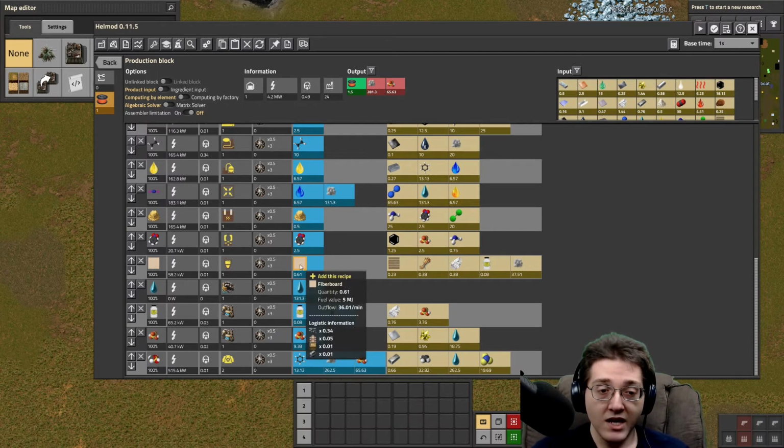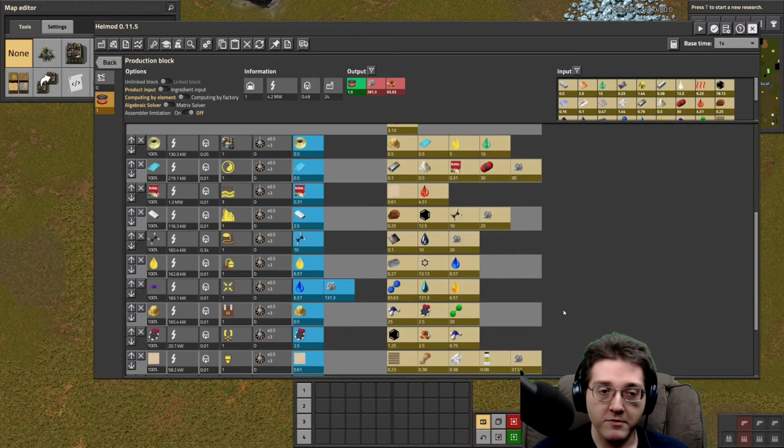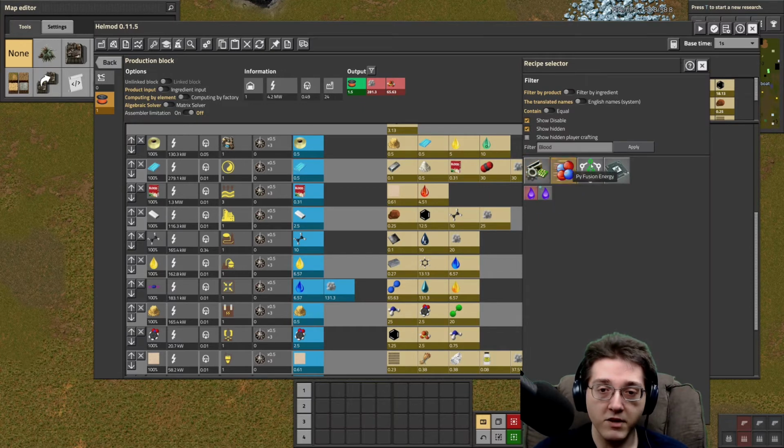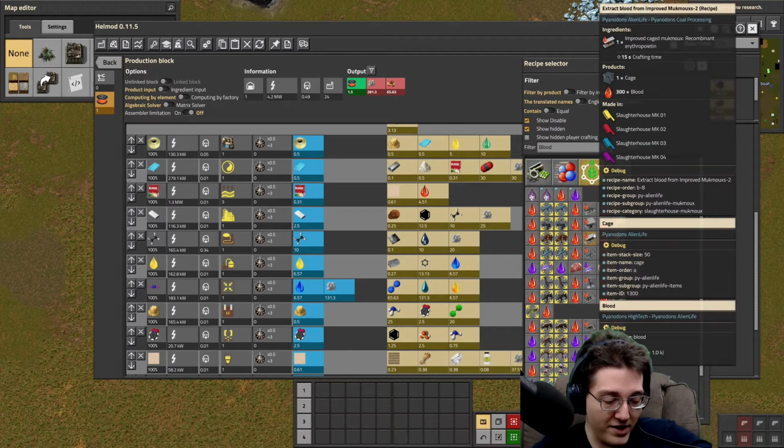Anyway, fiberboard. Yeah, you can make the sodium sulfate to do that particular fiberboard recipe by now, and use that for the blood meal. You'll still need blood for blood meal. I mean, obvious. You'll need blood for blood meal, of which your blood of choice is likely going to be